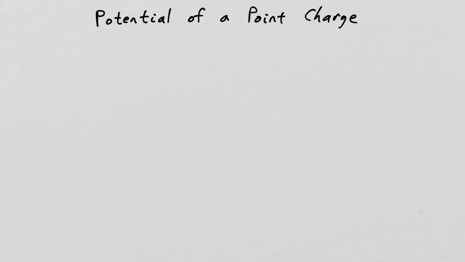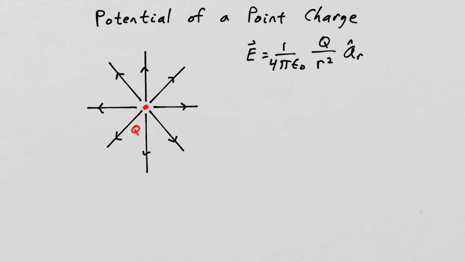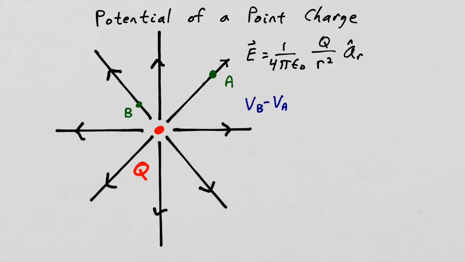Let's find the potential field of a point charge at the origin. I've placed a point charge Q at the origin, and we know the form of the electric field intensity due to a point charge at the origin. Let's pick two arbitrary points, A and B, and find the potential difference between B and A, V sub B minus V sub A. We know that potential difference is equal to minus the integral from A to B of